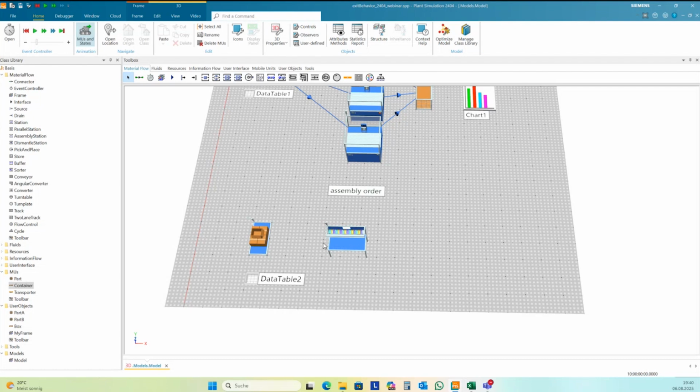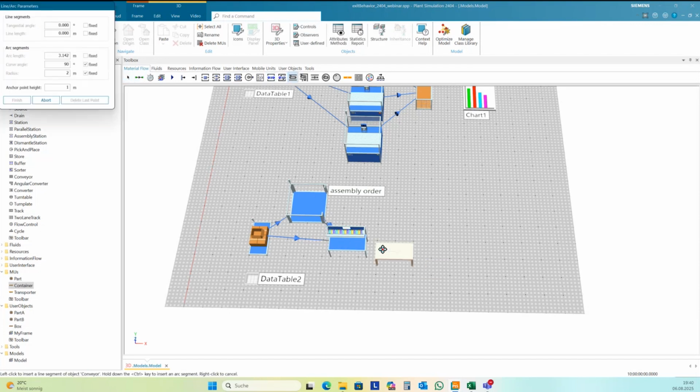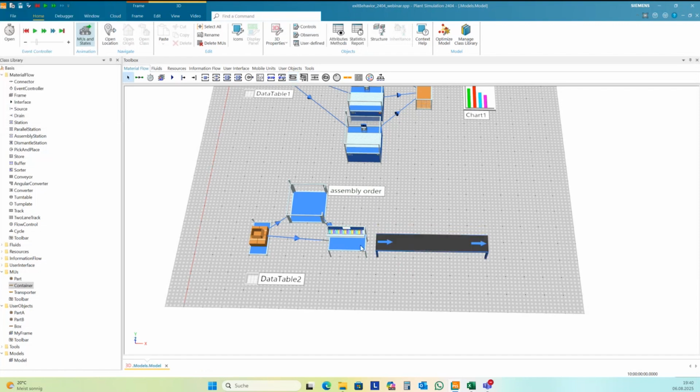If we come with a connector, then we need different predecessors for the main part and the assembly parts. And so I use here a buffer in between, and then I connect first the assembly station, and then I connect the buffer and the buffer again with the assembly station. A short conveyor to see what happens.